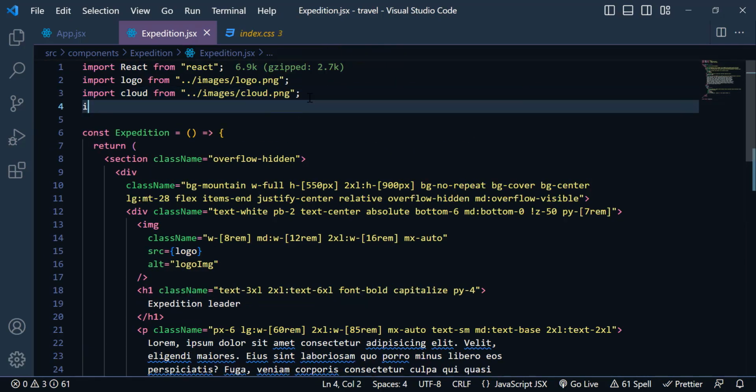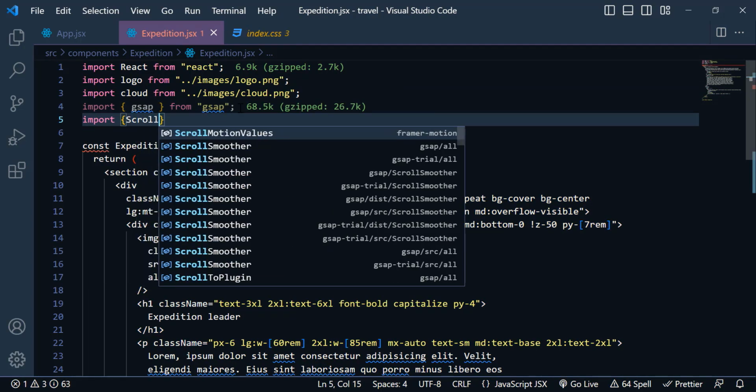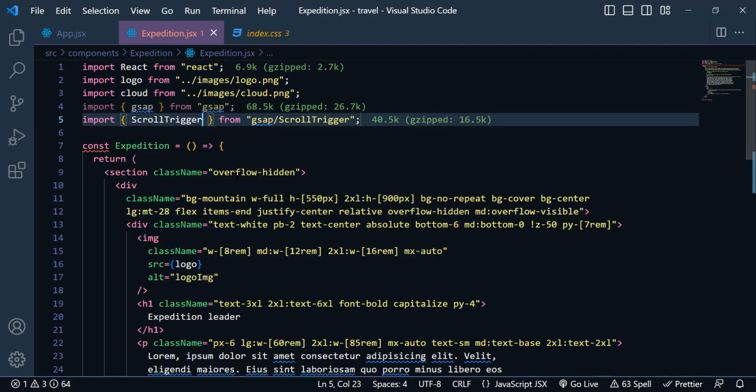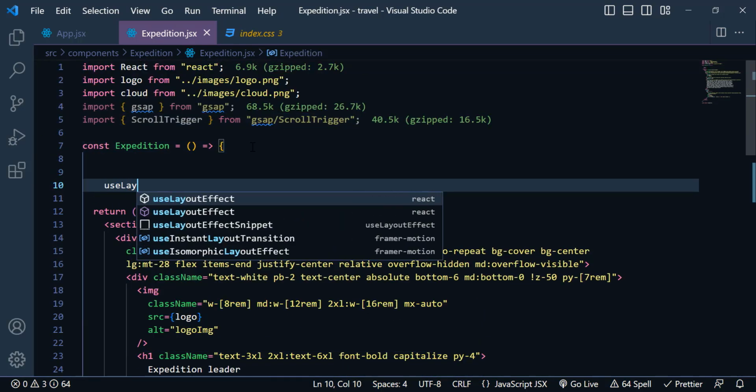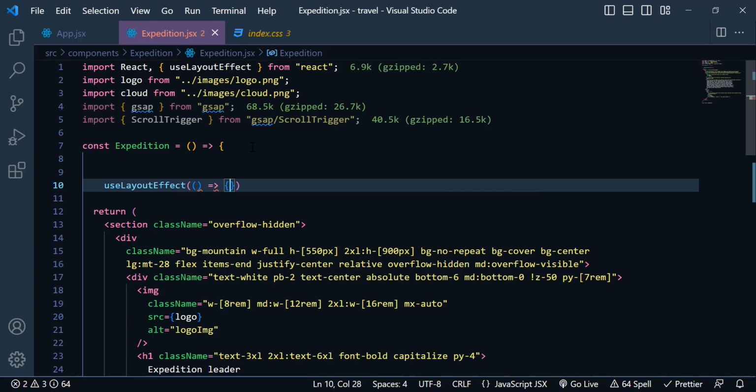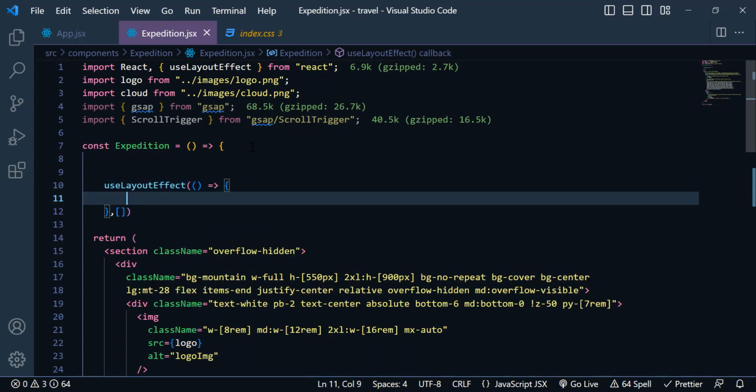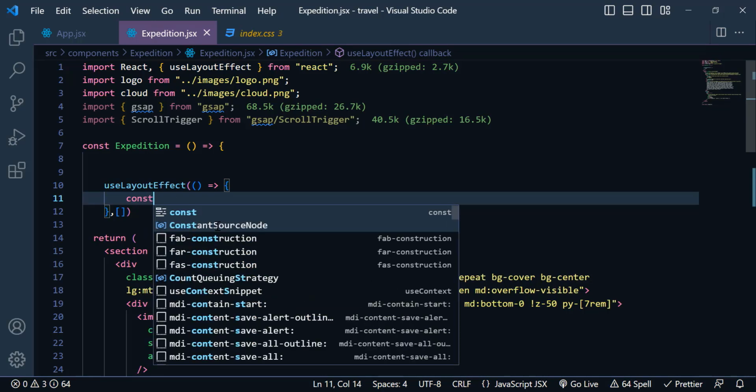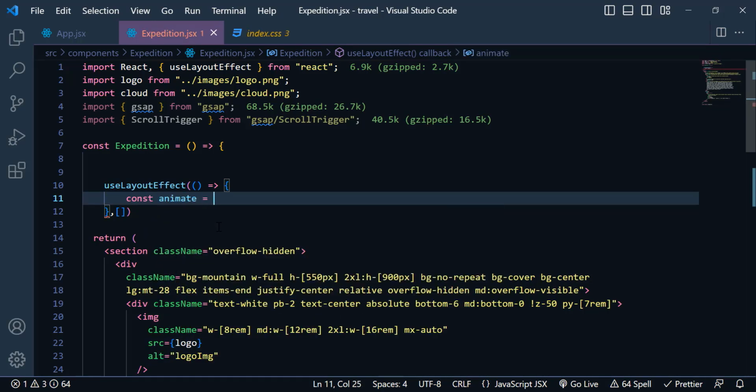Okay, now import GSAP and also the ScrollTrigger plugin from GSAP. To make this animation we need to import useLayoutEffect, and inside here at first we need to make a timeline for GSAP. const animate is equal to gsap.timeline,